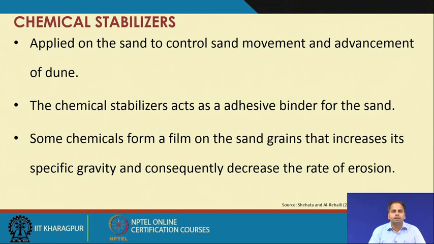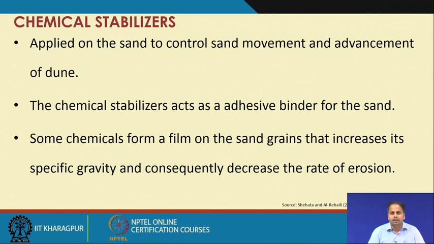Then use of chemical stabilizers. Some chemicals which are available and cost effective can be used to prevent the sand movement. These chemical stabilizers are normally applied on the sand to control the sand movement and advancement of dunes. These chemical stabilizers act as an adhesive binder for the sand, and some chemicals form a